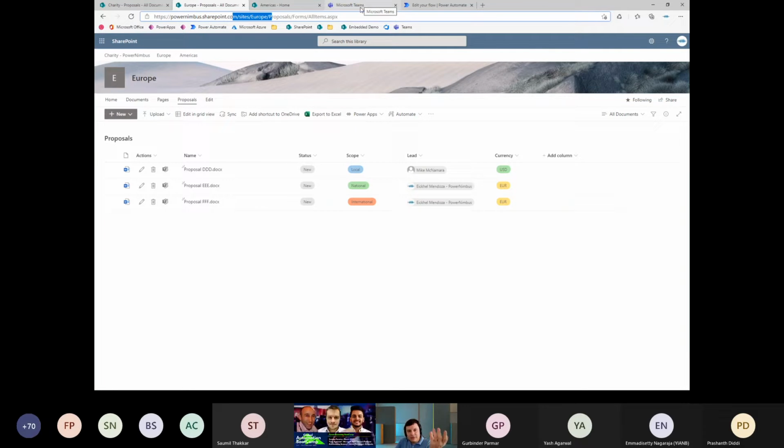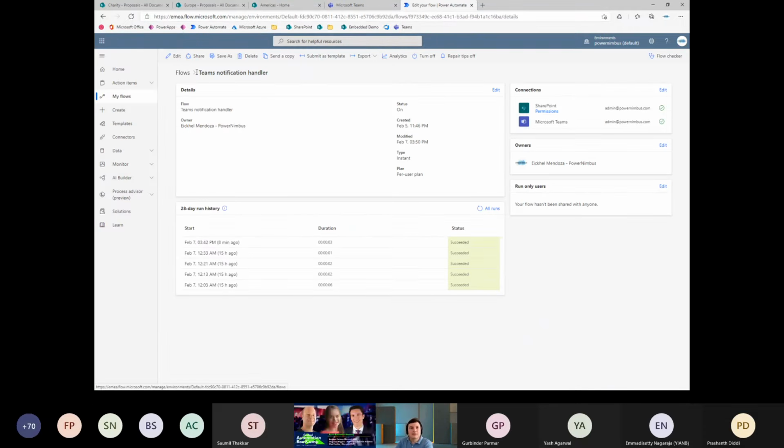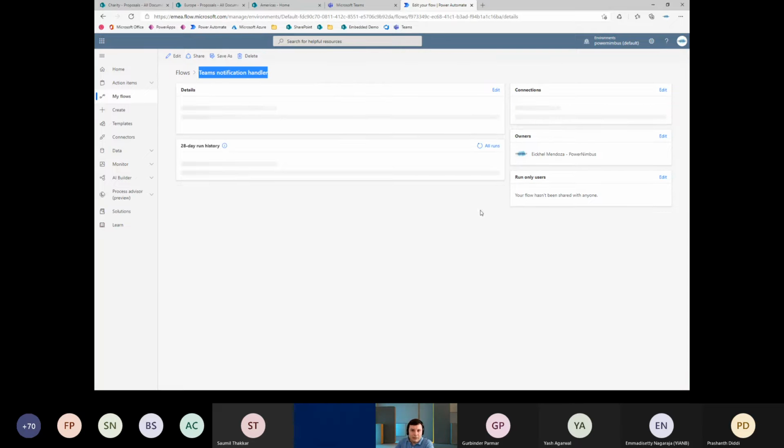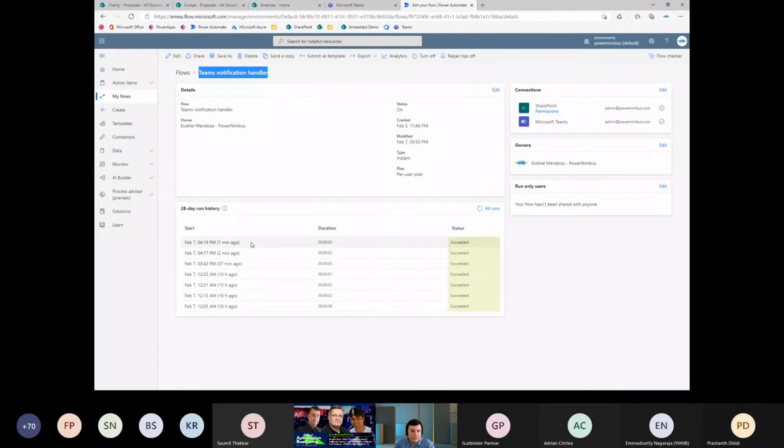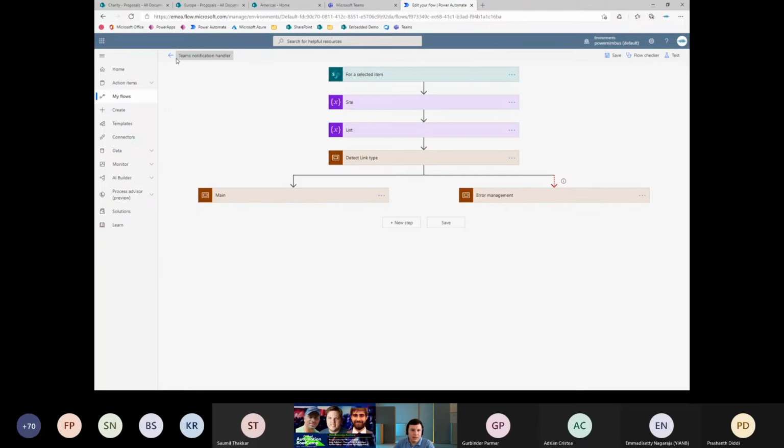How can we see how it's sharing the same Power Automate? I will go to see here. As you see, the Teams notification handler is the one actually listening to this request. If I'm going to refresh here, you can see the latest runs. Okay, see, 1 minute ago. And the execution. Let me show you how this works. And this is where the